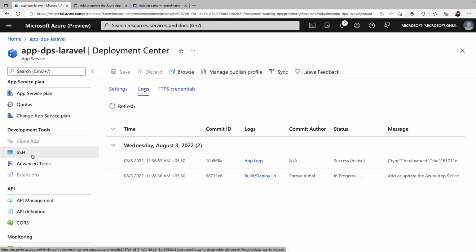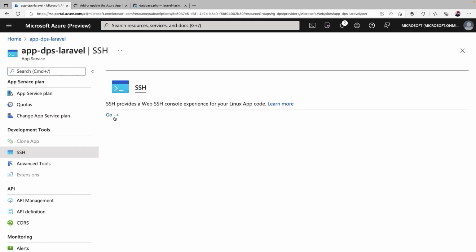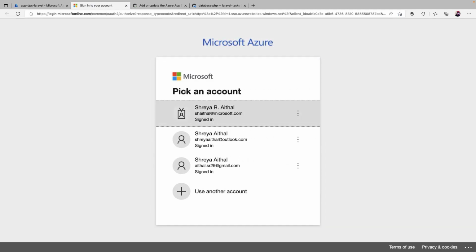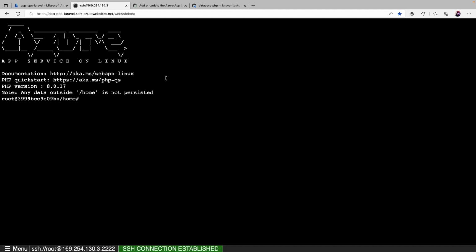So now what we will do is SSH from the App Service itself, because they're all isolated in a VNet and you can't essentially connect to the database from elsewhere. So we will do an SSH from the App Service itself. You can just go to the web SSH host from the App Service control site. It'll take a couple of minutes to load, but once we have this, let's navigate to the www root folder first,